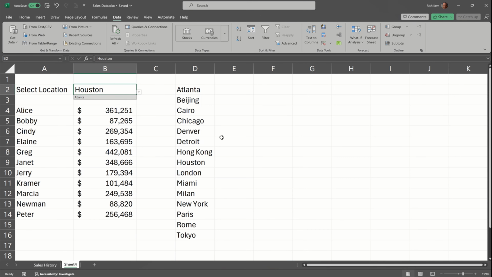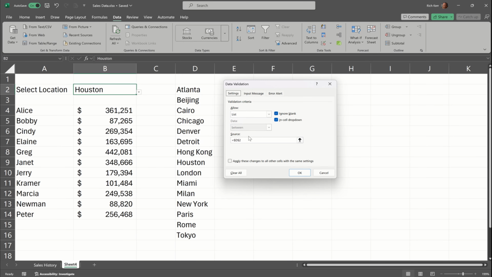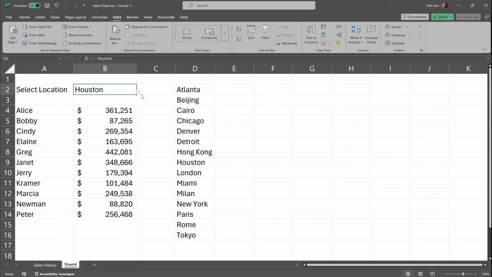So I wanted to grab this entire list. Well, if we go back there and we go into the data validation tool and I say equals D2 pound sign and click OK, now we have a drop list. The pound sign tells Excel that that is a dynamic list that can grow or shrink. And so it needs to look for the end of that list being generated by that unique function that we